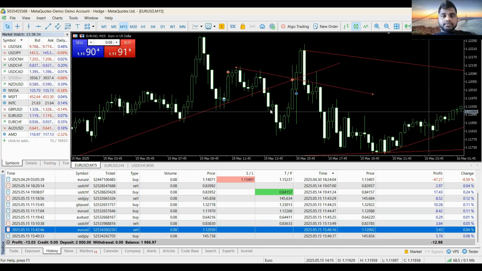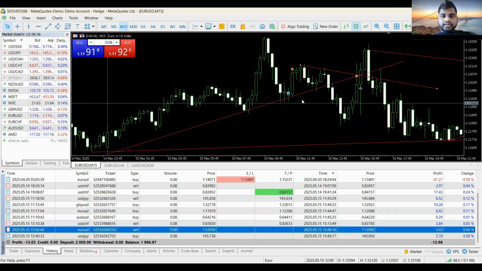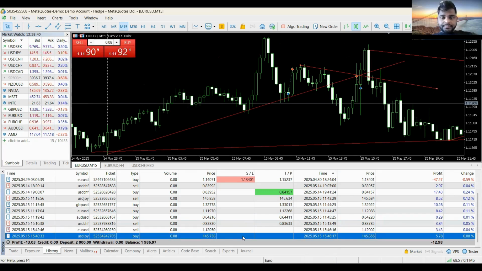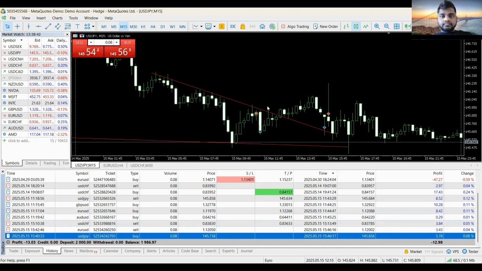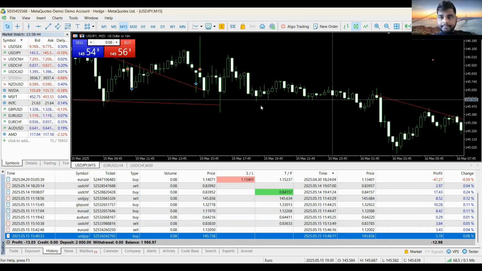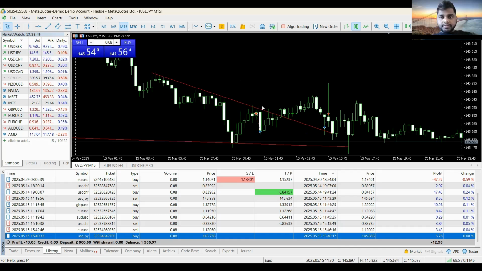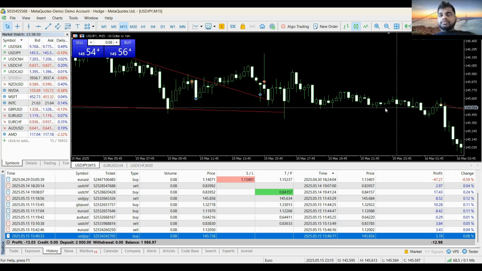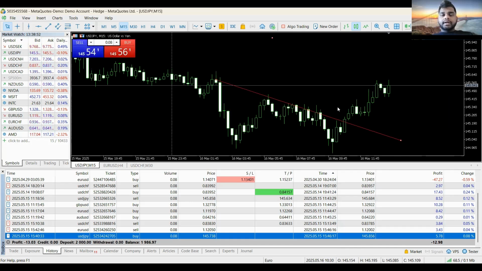Okay. So this is the Euro USD. I think I explained this trade earlier, so I'll go to the next trade. Okay, I think this was also explained maybe. Yeah, so these are the trades which I had taken. And today is Friday. So mostly there won't be any trades, but I have taken one trade because I